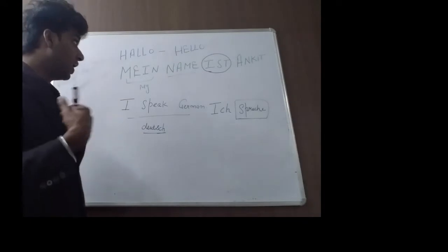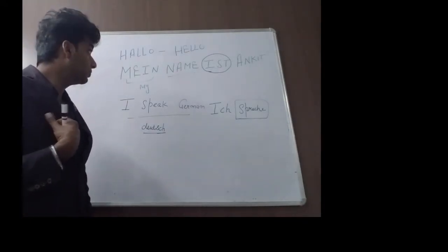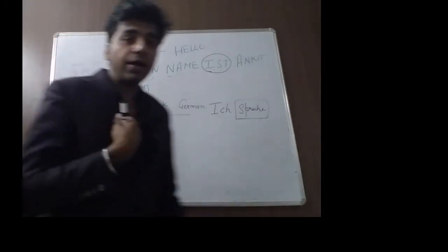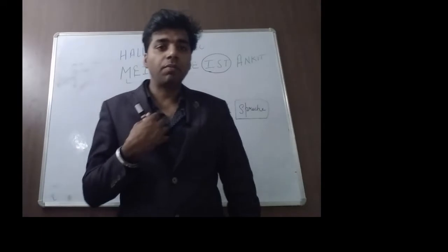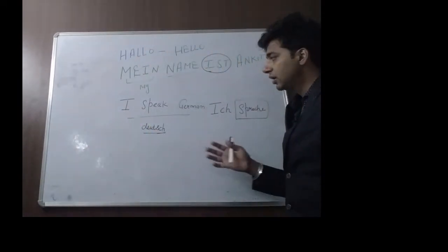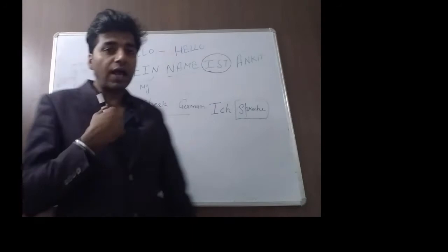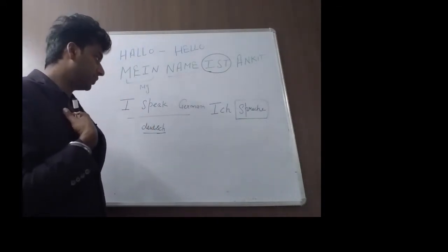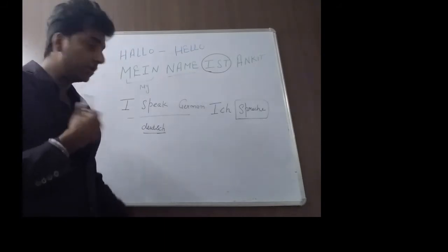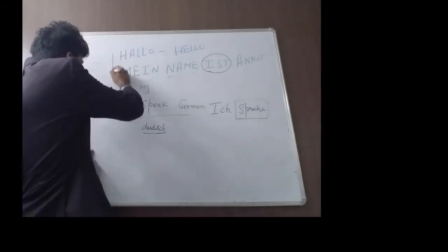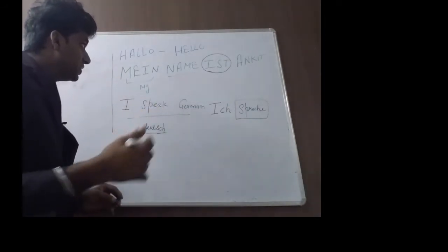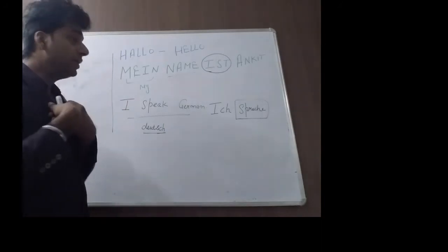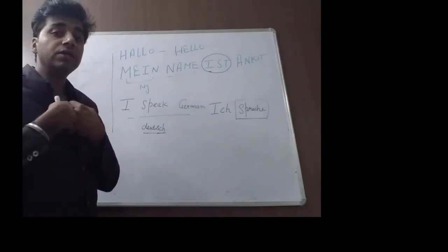Okay, speak after me. Hallo. Hallo is hello. My name is Ankit. So what I will apply, mein Name ist, my name is Ankit. Okay, and I speak German. If I'm saying I speak German, ich spreche Deutsch. Okay, so basically these are the three phrases wherein you can speak if you want to present yourself, my name is Ankit, mein Name ist.